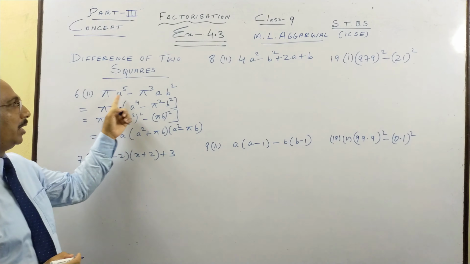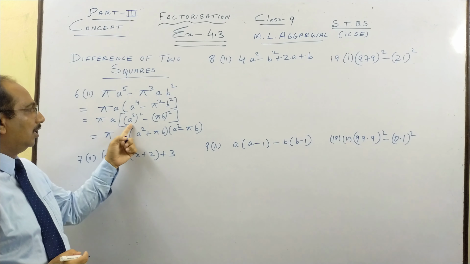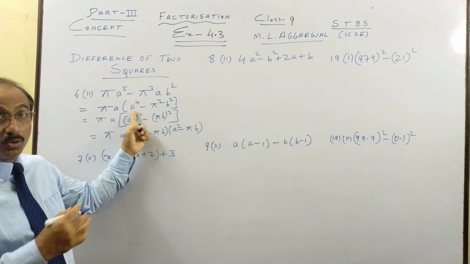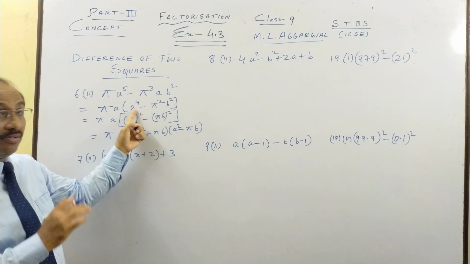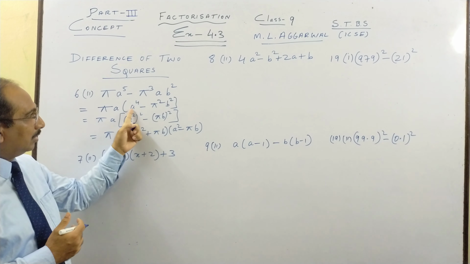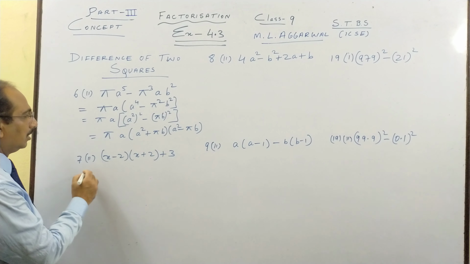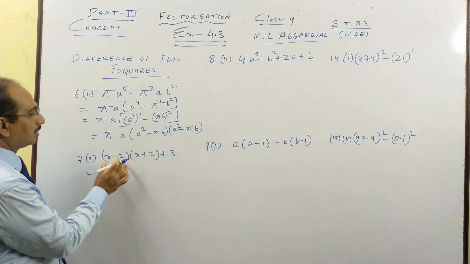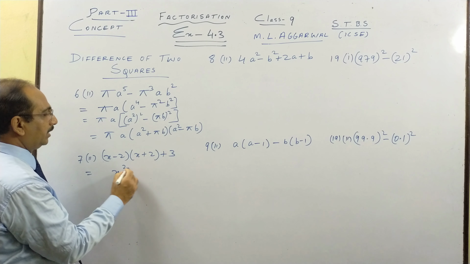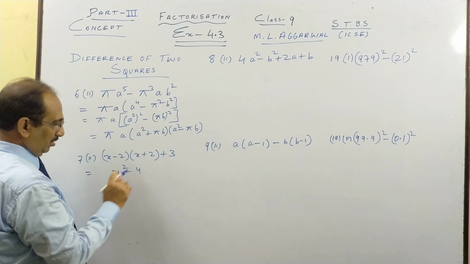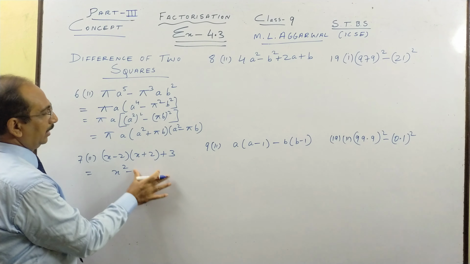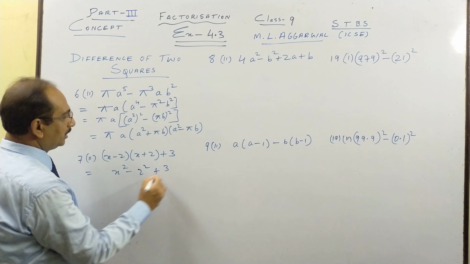Once more I take pi and a, which is the HCF. I get something, you see, square to the power 4. Cube will never give you something square. Something square minus something square we convert to plus and then minus. Here you see, very nice, (a minus b)(a plus b). So write it a square minus b square. Okay. Then plus 3 is there.